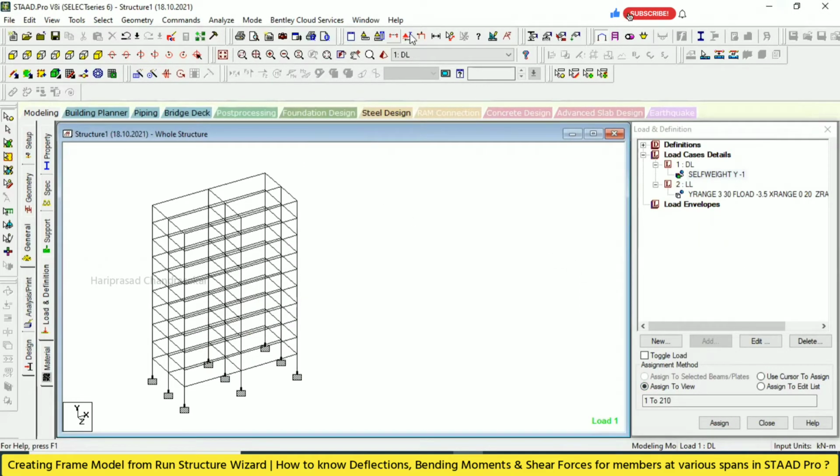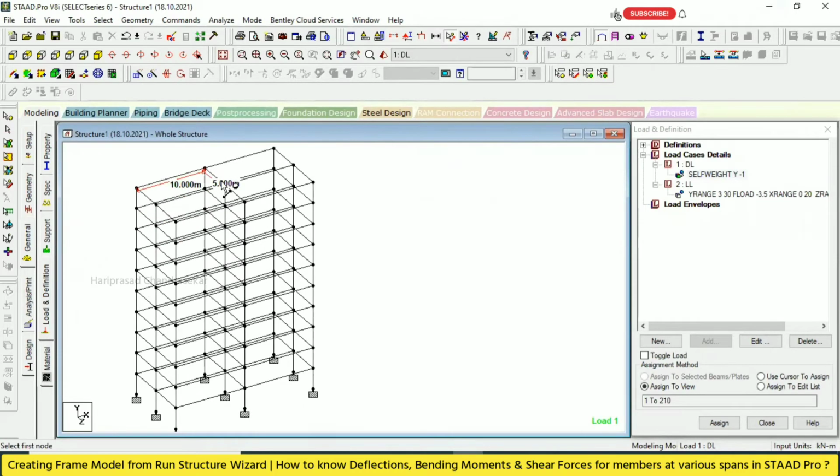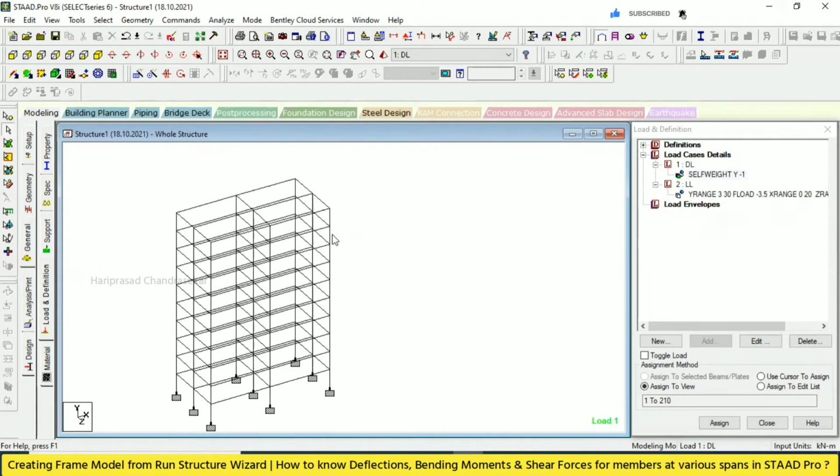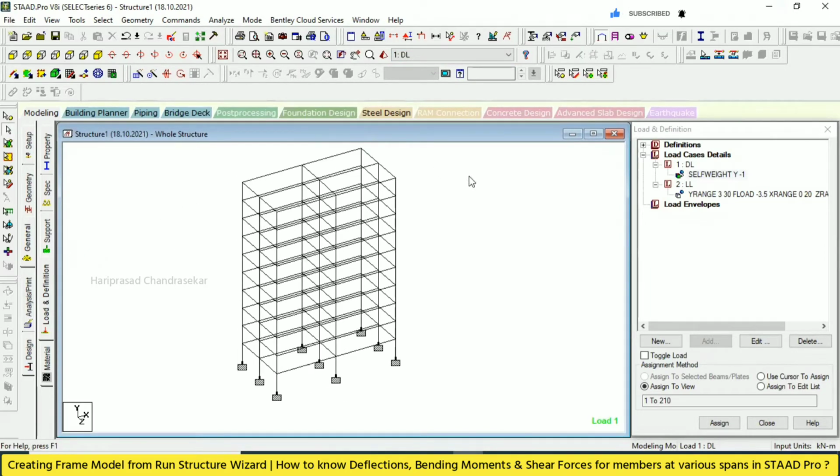But we need to see the node to node distance. So it is 10 and then it is 5. We can consider this as a two-way slab. This we can remove, all node to node distance. Now we have everything.